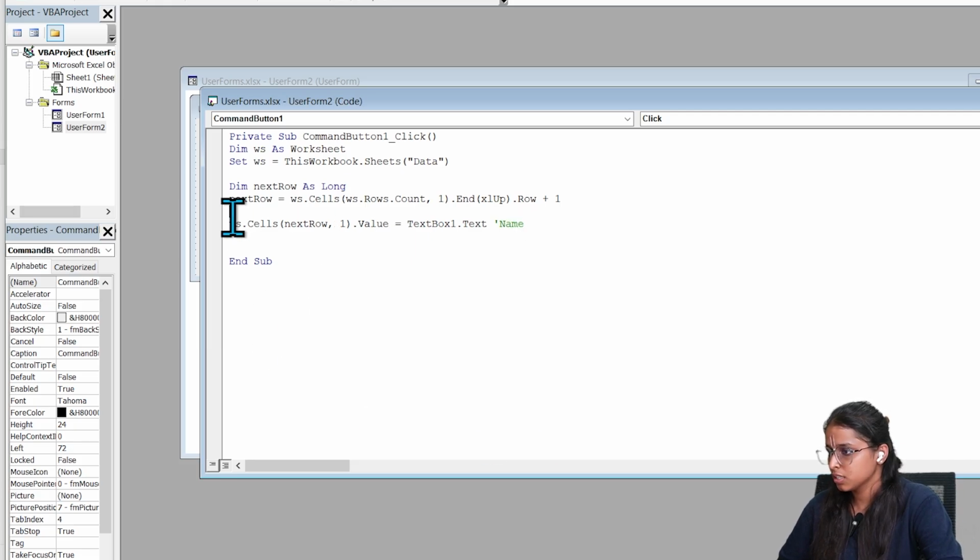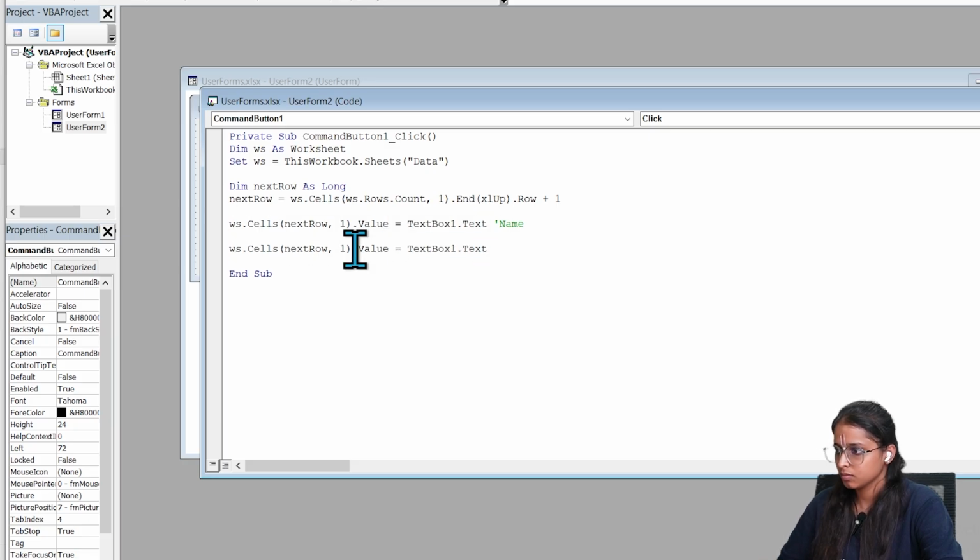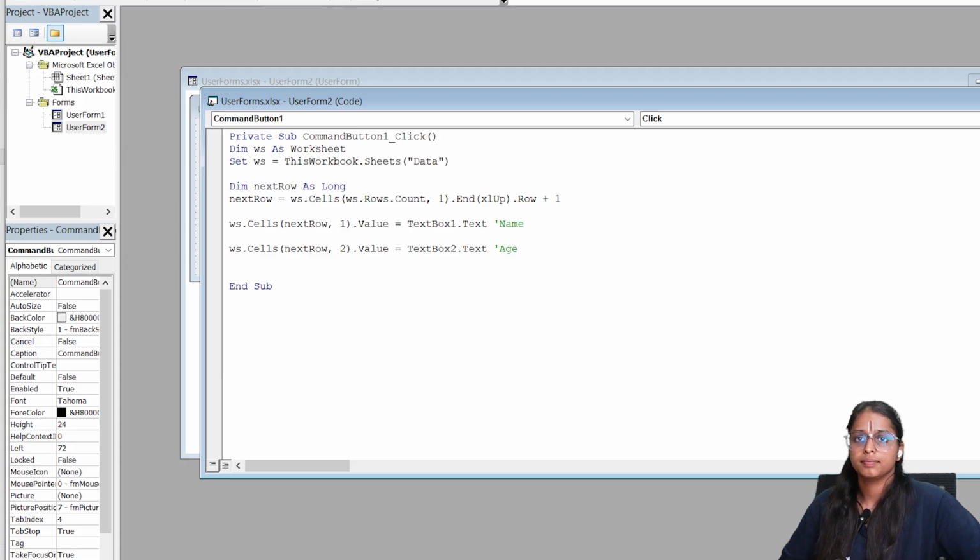Now I'll copy it. I'll give it 2. This is my text box 2 and it is for age. Now I'll add an option button.